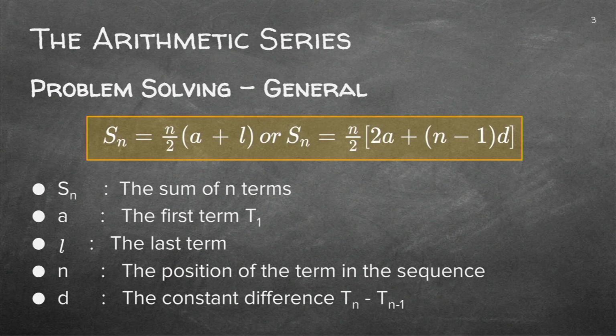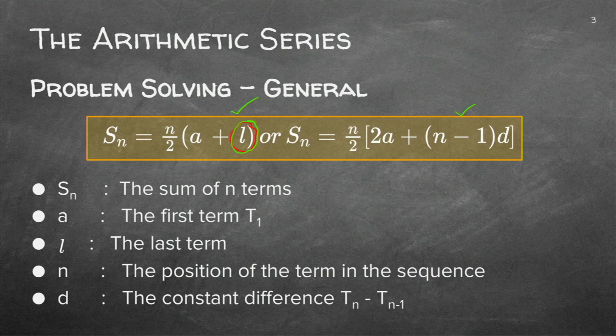You remember the two formulae that we did? This one here, you will only use if it is the last term that you have got. It's not often that they give us the last term. So this is the one formula. This is the other formula. The right-hand side one is the one that we use most often.